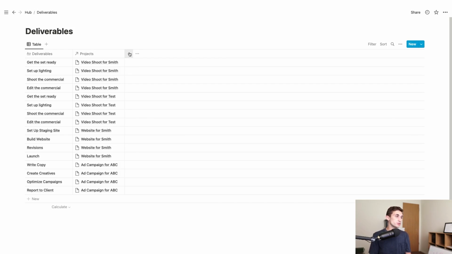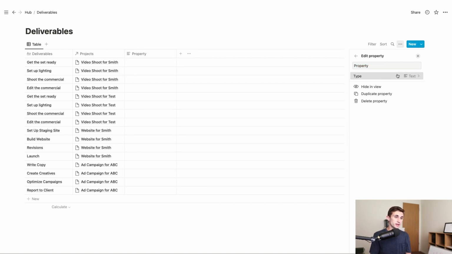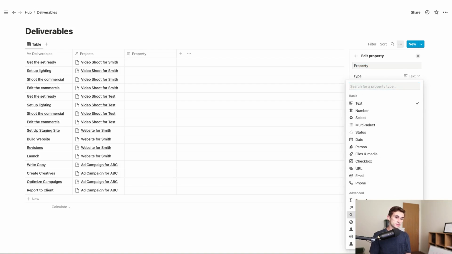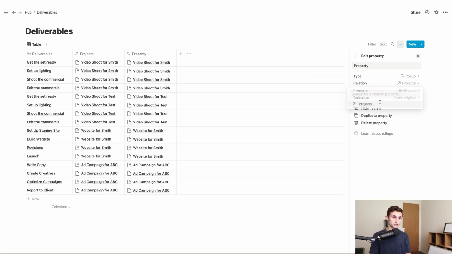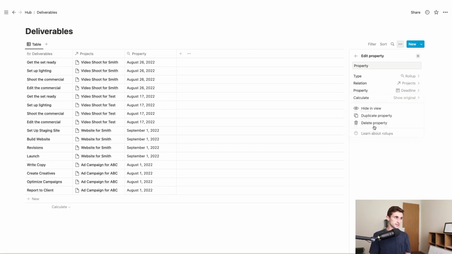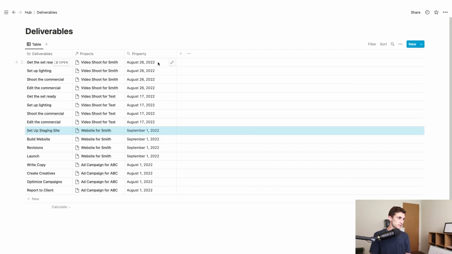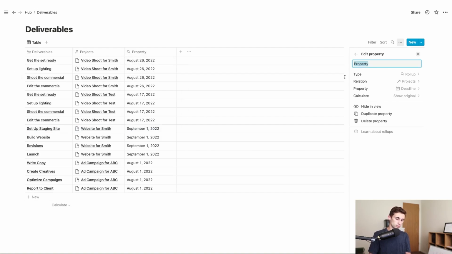Now I'm going to create a roll-up column, and the reason that I'm doing this is because I wanted to pull up the deadline for all of these projects so that I can see the deadline in relation to the deliverables. So where it says relation, select projects, and then for property, we're going to select deadline. Okay, so now we see the overall